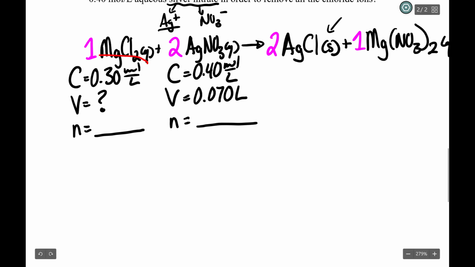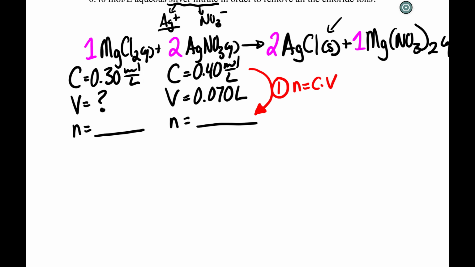I only have one of 3 variables here. How can I solve for anything underneath magnesium chloride? Whereas with silver nitrate, I have 2 of 3 variables. So I understand what I need to do. I'm going to start over here and use these values in order to calculate the number of moles. Now as an equation, that would be moles is equal to C times V,